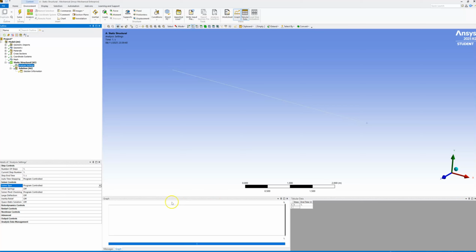Underneath that, you'll see solver controls over here. So you've got large deflection is off. If you had a large deflection, obviously you need to turn that on, and you can mess around with the convergence criteria, etc. below. So we're going to look at our